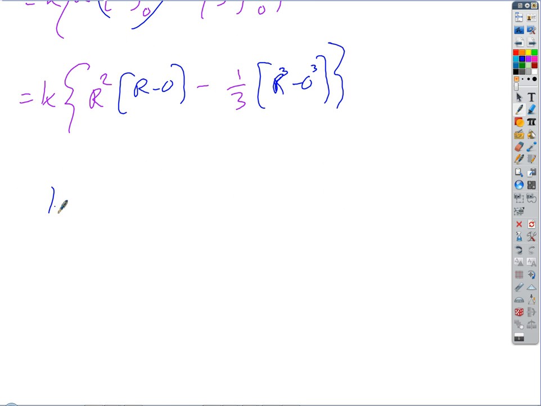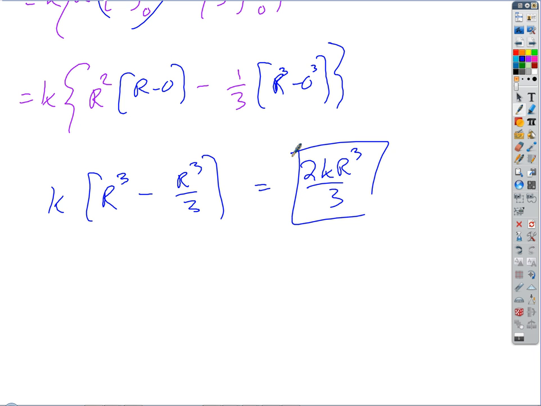So what is that? k times big R cubed minus big R cubed over 3. Well, isn't that just k times 2/3 big R cubed? There it is. So that's the average speed of the blood flow based on the radius of your arteries and whatever k